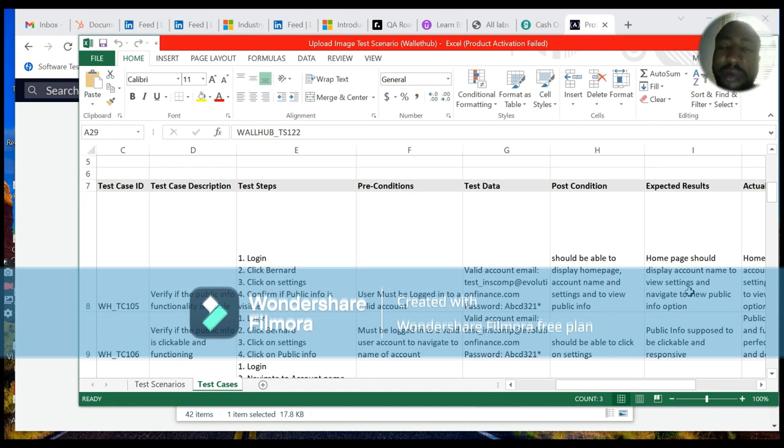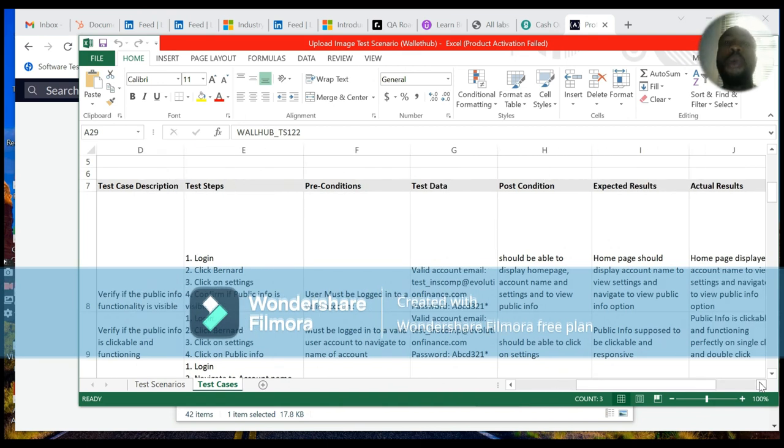If you can see the public info, that means you're correct. So let us check the actual result, because once you're expecting something, there's a difference between when you expected something and did that thing you expected come to accomplishment? Was it actualized? The goal you expected, was it true or not?